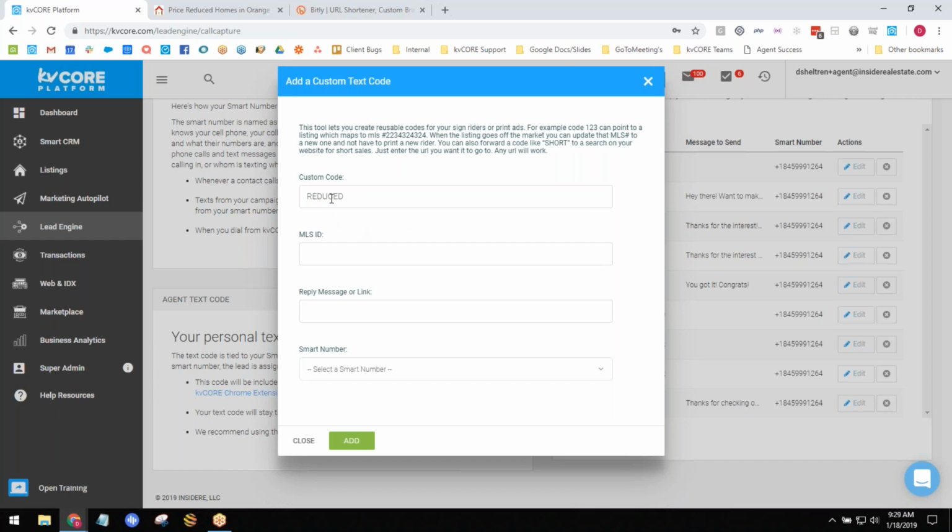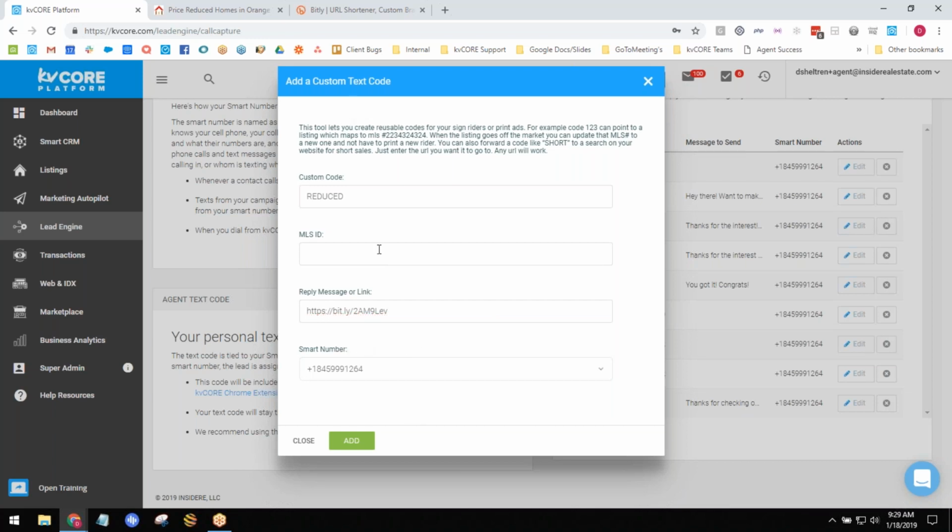And so maybe if I wanted to include this on some marketing material or my business card, I would include some text right above this text code that says, looking for reduced properties in Orange County, text reduced to my smart number to get a list of the newest reduced properties in the county. And from that point, I would paste in my bit.ly link, right? Or I can add something custom to it and say, as promised, here's the link that I had mentioned, or thanks for the interest, here it is, enjoy, whatever you want to write there.